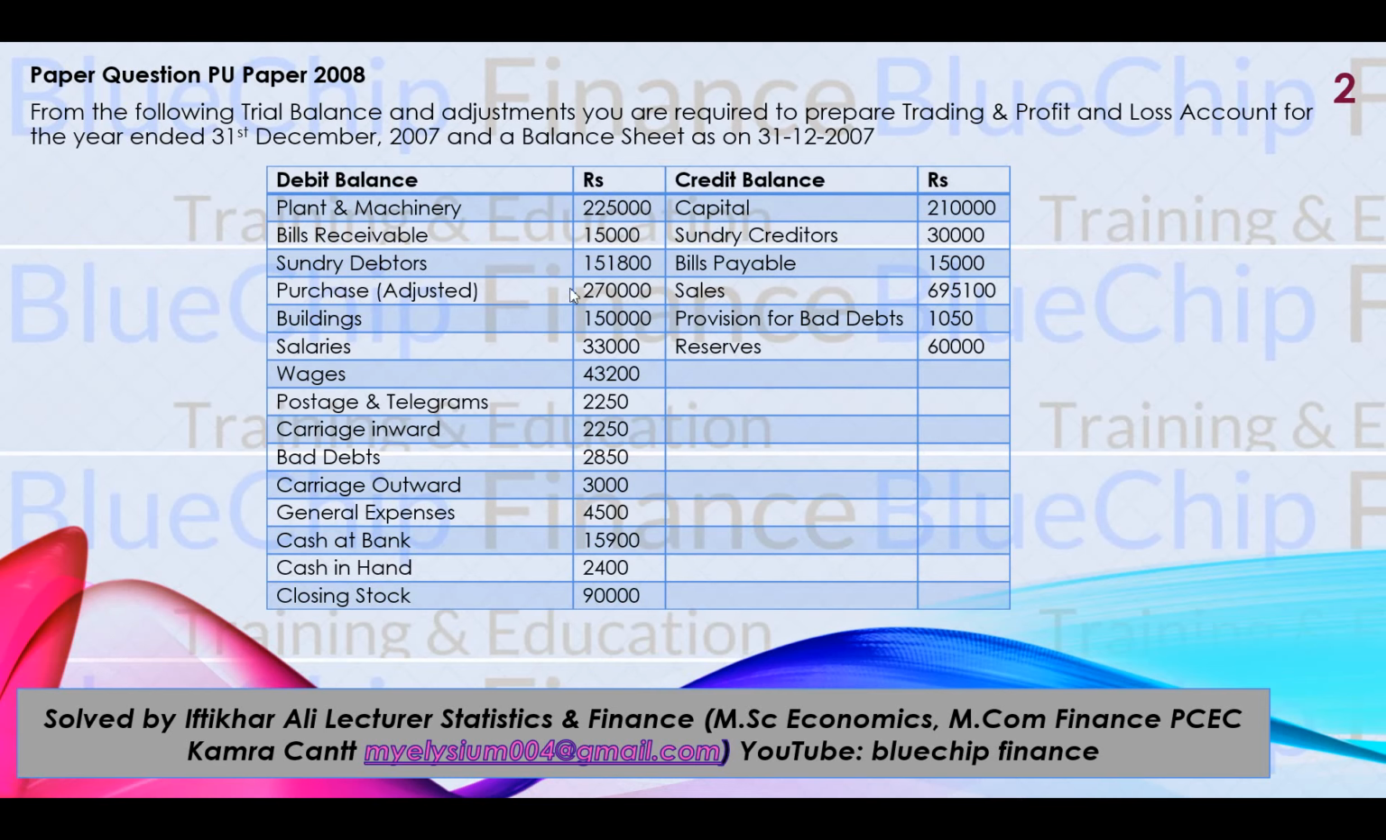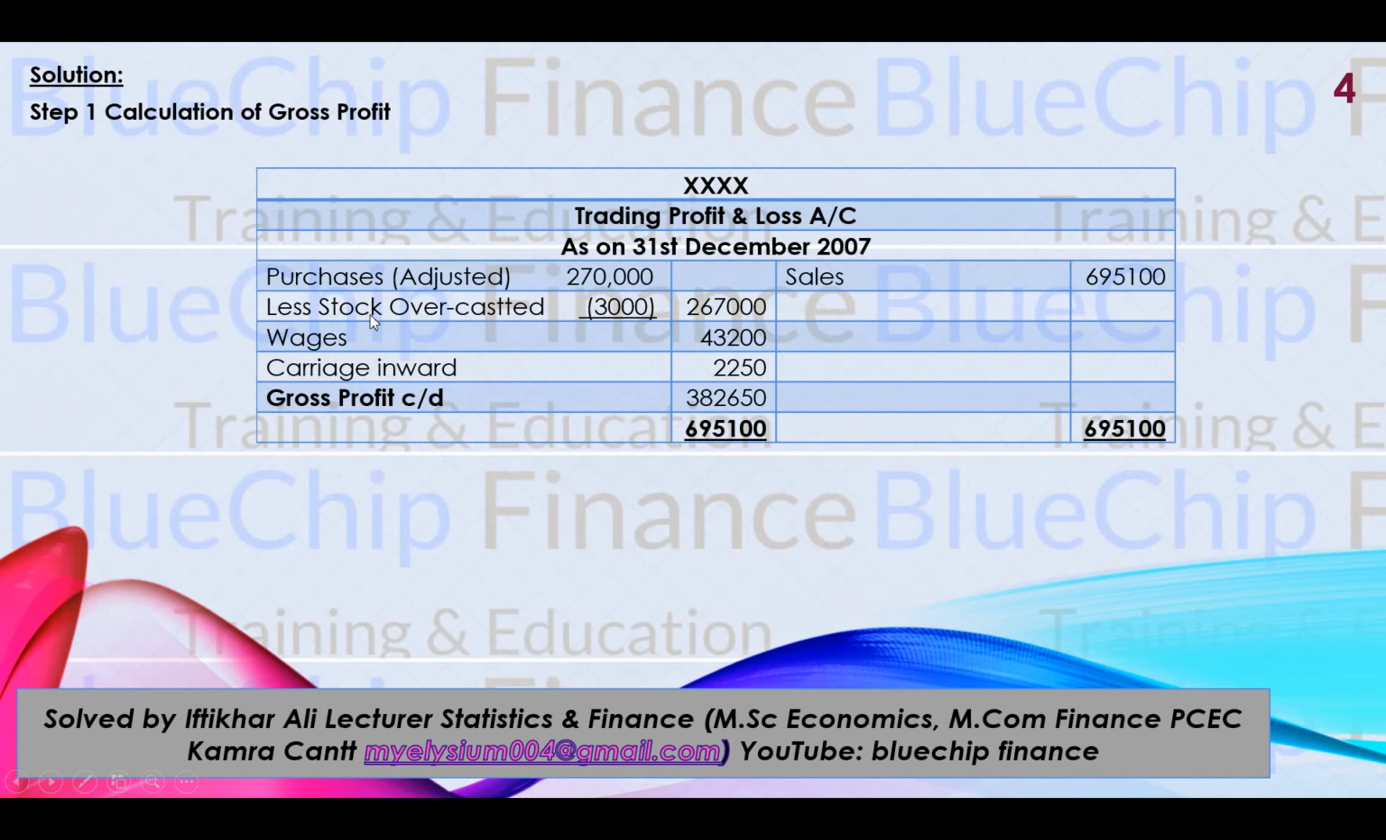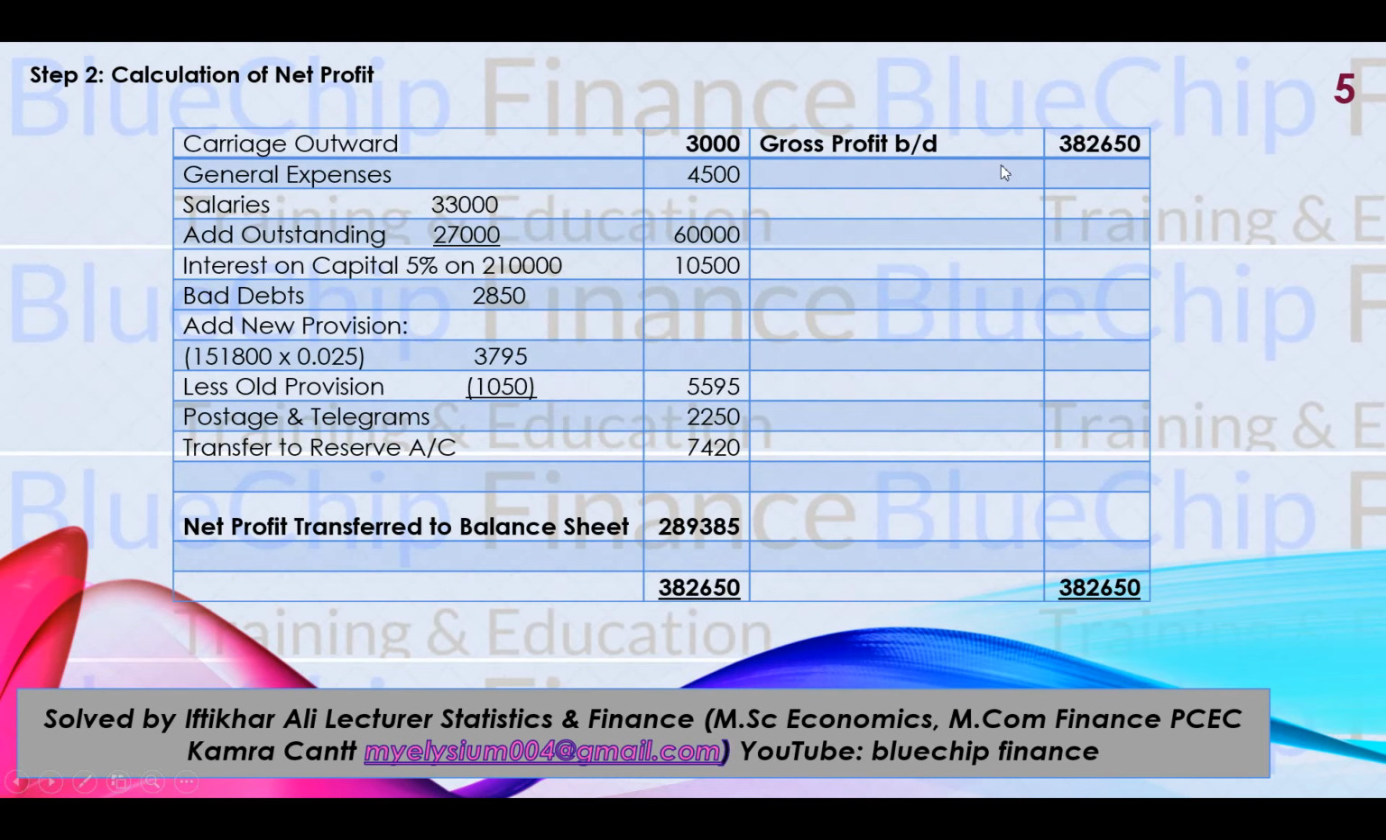उसके बाद आप देखें, वेजेस आपका डायरेक्ट एक्सपेंस है, तो 43,200 आएगा। उसके बाद कैरेज इनवर्ड, ये आपका डायरेक्ट एक्सपेंस है, और सेल्स आ जाएगी क्रेडिट साइड के ऊपर 695,100। तो परचेजेस लेस स्टॉक ओवर कॉस्ट 3000, wages, carriage inward and sales, and your gross profit is 382650। अब ये ग्रॉस प्रॉफिट आपका प्रॉफिट एंड लॉस में क्रेडिट साइड के ऊपर शिफ्ट हो जाएगा 382650, यानी कि मैन्युफैक्चरिंग के जितने भी एक्सपेंडिचर्स हैं उनको माइनस करने के बाद